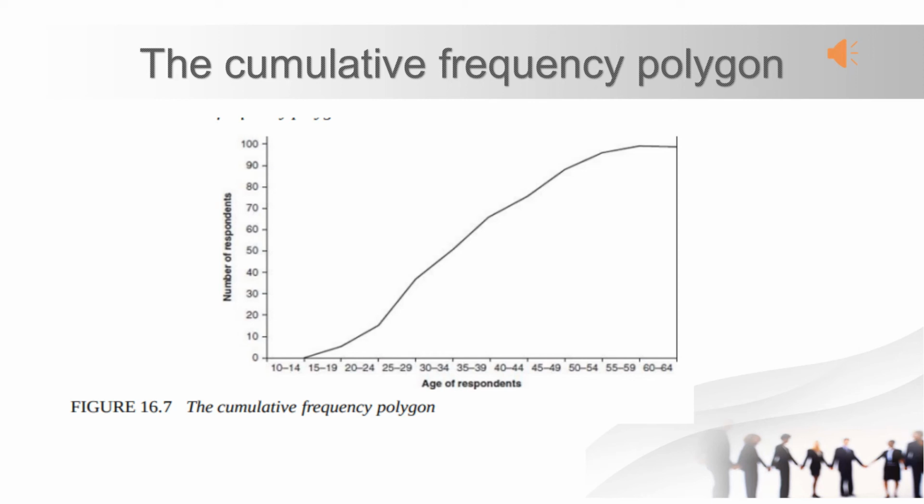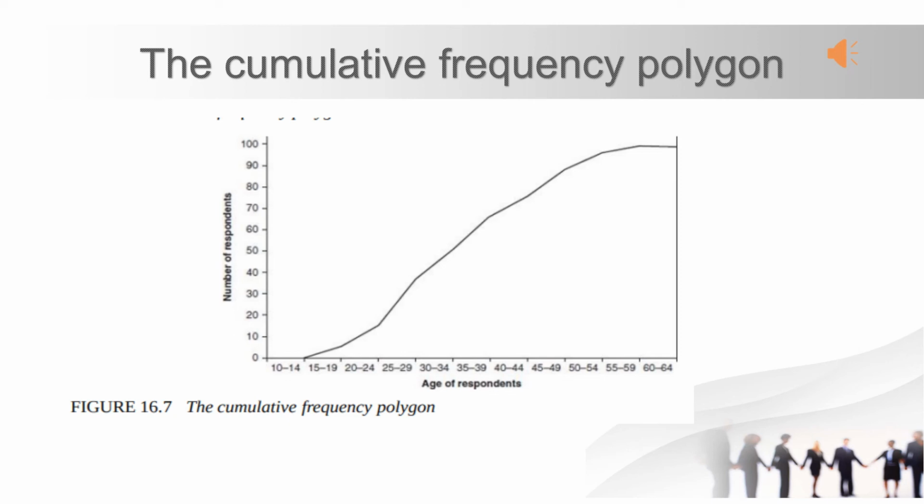This is drawn on the basis of cumulative frequencies. The main difference between a frequency polygon and a cumulative frequency polygon is that the former is drawn by joining the midpoints of the intervals, whereas the latter is drawn by joining the endpoints of the intervals, because the cumulative frequencies interpret data in relation to the upper limit of an interval. A cumulative frequency distribution tells you the number of observations less than a given value and is usually based upon